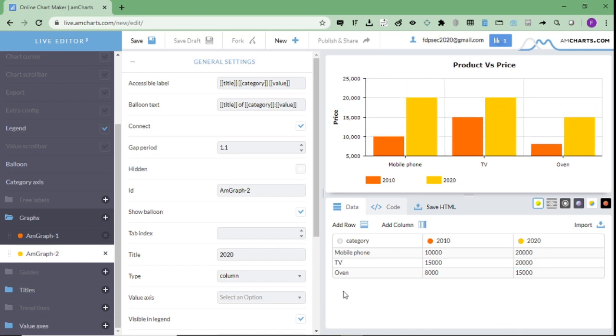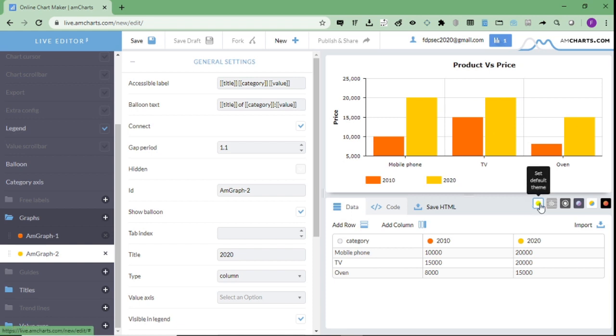So now if you see, once we enter the graph, the total graph has been modified as per the data given by us. So this is how we create a graph using the AM charts. Whatever data you enter, simultaneously the values get embedded onto the graph and the graph comes as per our need. So I hope you're clear with this.